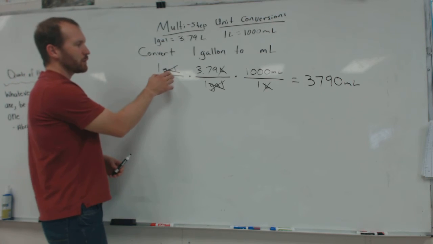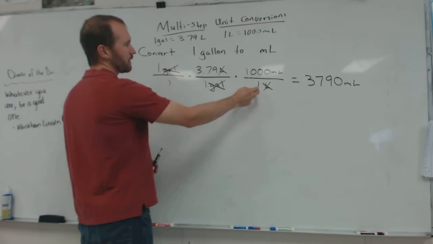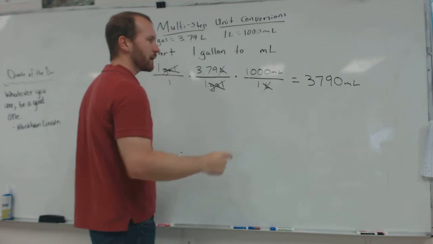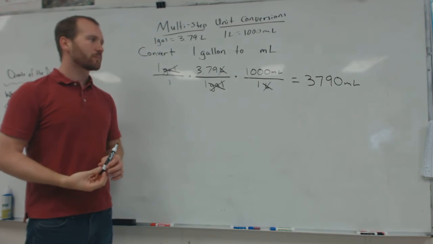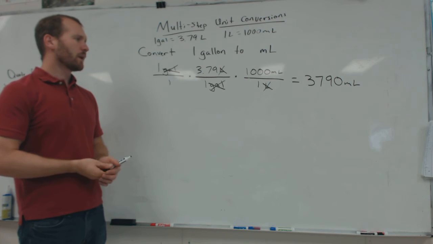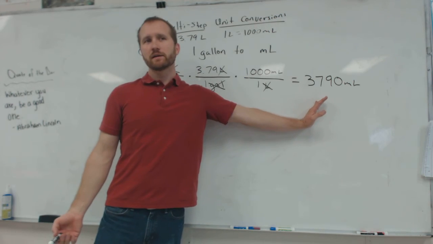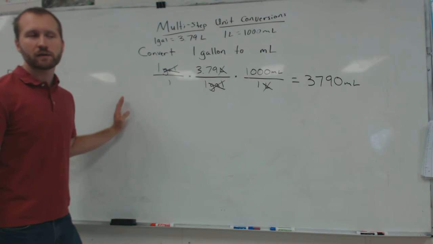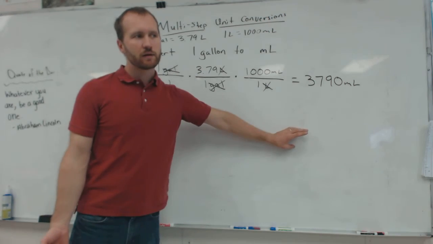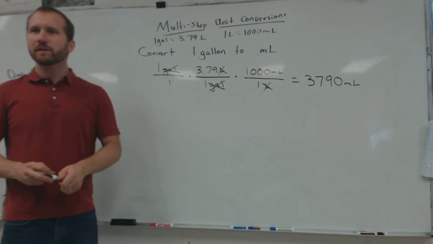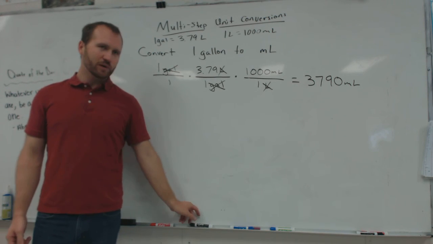But when you set it up clearly like this, you keep track of your units, and you know that you're getting the right unit at the end. And there'll be some where you might have 5 or 6 steps to get from your starting unit to your ending unit. Okay. All right, questions about this? Multi-step unit